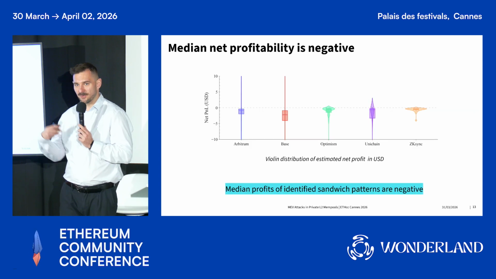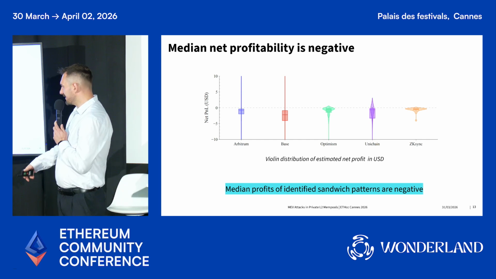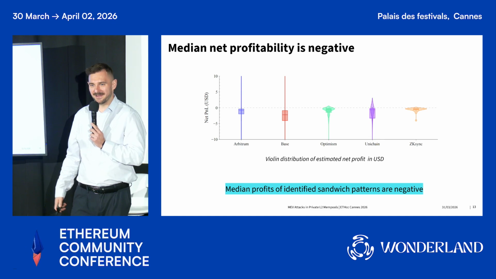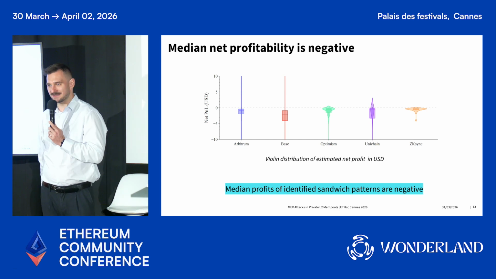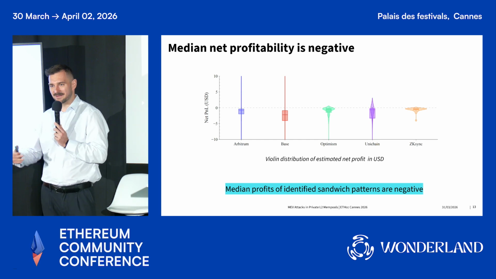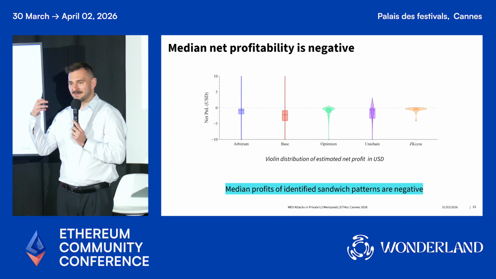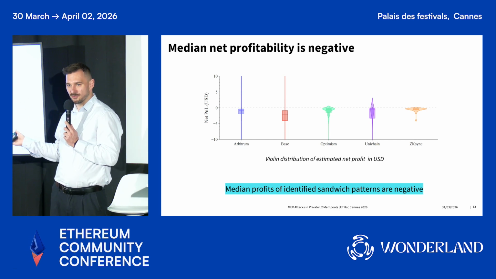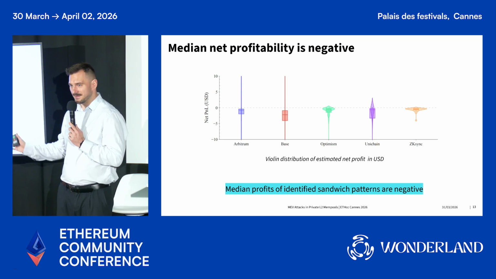This becomes even more visible when you look at the potential profits from those sandwich patterns. It is very funny, but if those sandwich patterns were really attacks, they would lead to a negative profit. What we saw in the research is that typically the front and back running transactions are around maybe $500, whereas the target swap is maybe around $100, $200, and the profit from that attack is not even enough to cover the losses from the slippage that the attacker is incurring. In almost all cases, on all of the L2s, the sandwich patterns that exist today are leading to a negative